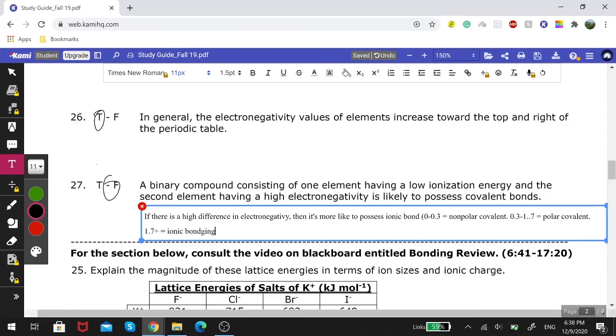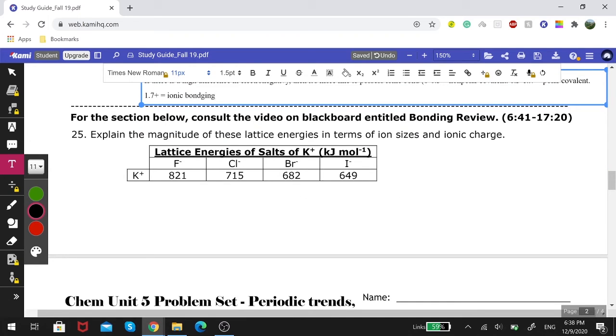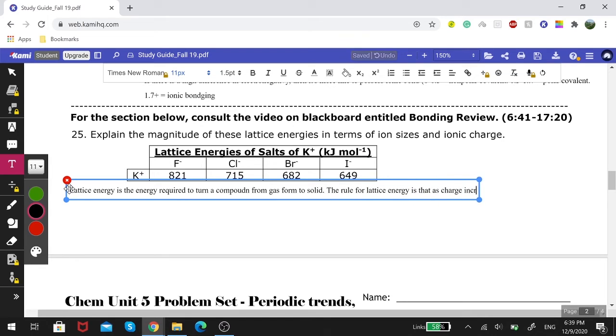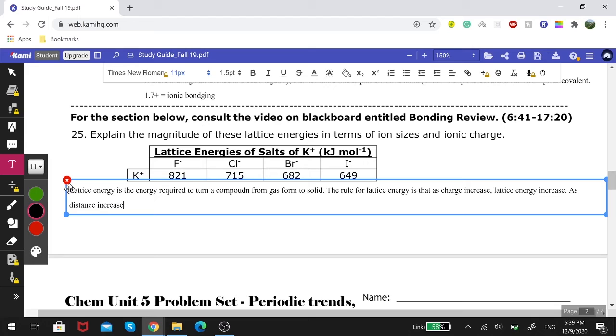bonding. Alright, explain the magnitude of these lattice energies and size of their charge. Alright, so this one we'll have to explain about lattice energy. Lattice energy is the energy required to turn a compound from gas form to solid. The rule for lattice energy is that as charge increases, lattice energy increases. As distance